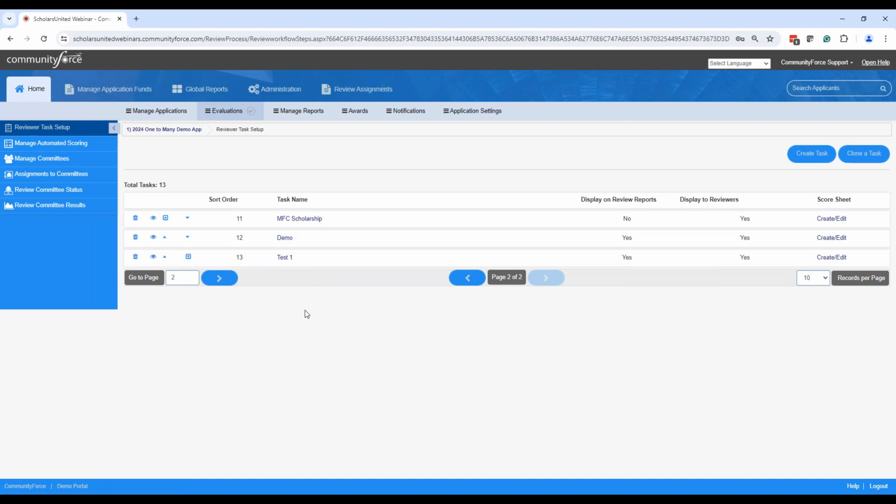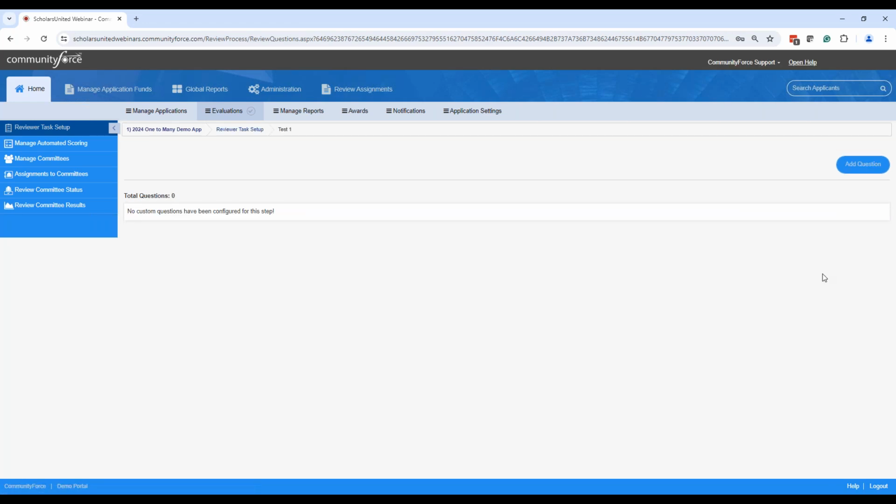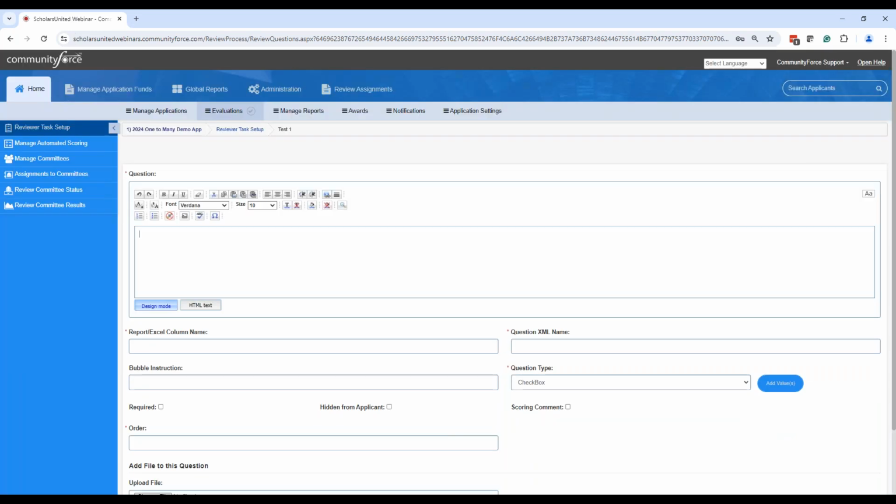And it's just like when you create a section, all you have is just the shell. And now you have to go over here and add questions. So this create edit is where you then add the questions. And then this is a blank slate. There's no questions that have been added to this yet. So I click here to add a question, and then you just follow suit like you do with creating questions in a section. When you're creating questions on your application form, you're doing the same here, except it's not going to the applicant. These are sections you're giving to your review processors. Okay,